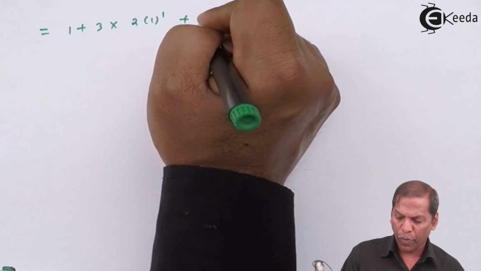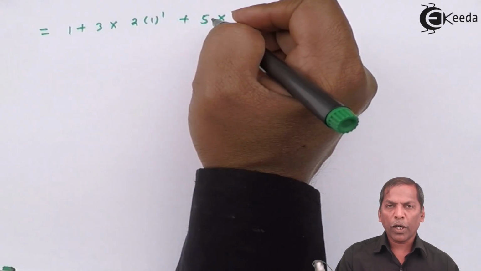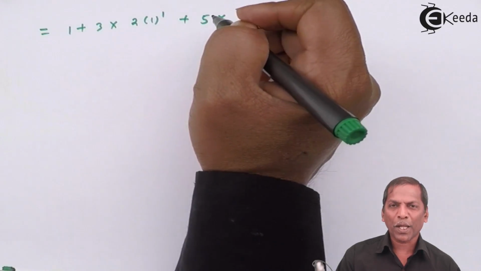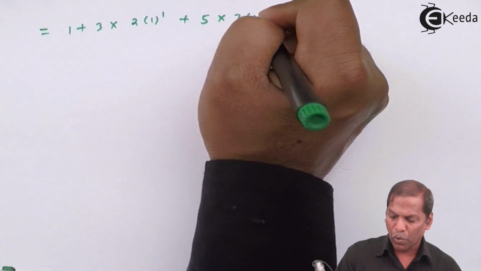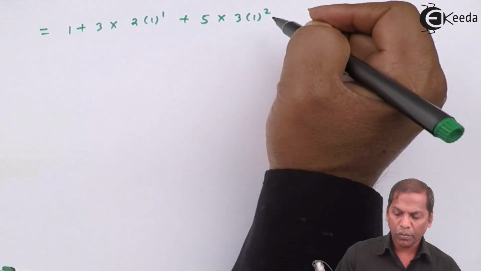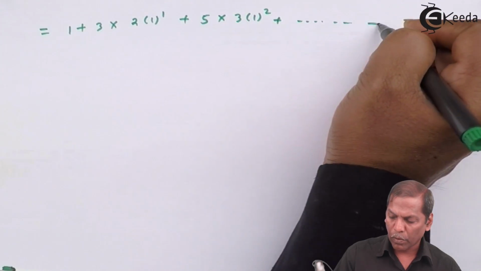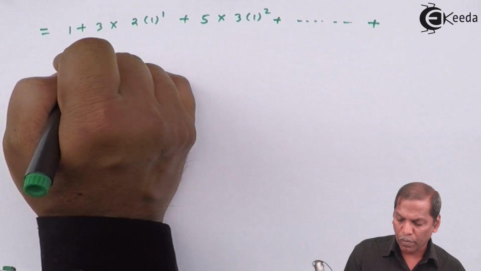Then plus 5 into limit x tends to 1 (x cube minus 1 cube) upon (x minus 1), so that gives 3 into 1 raised 2, plus going on and finally plus 2n minus 1